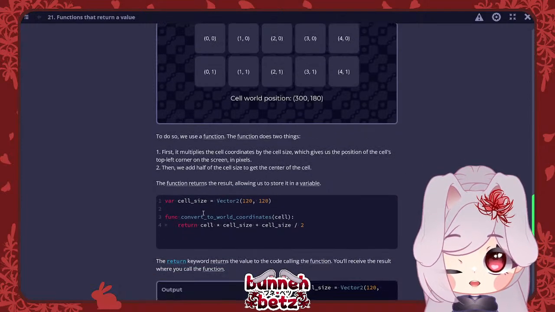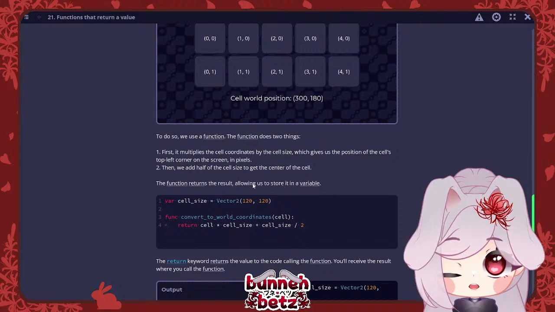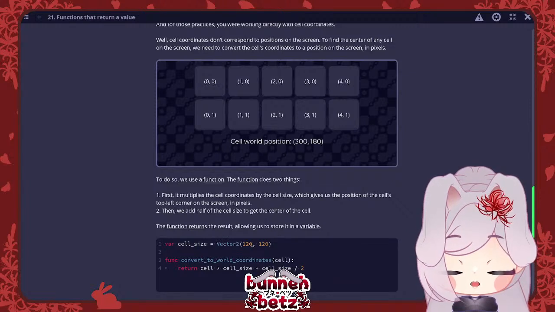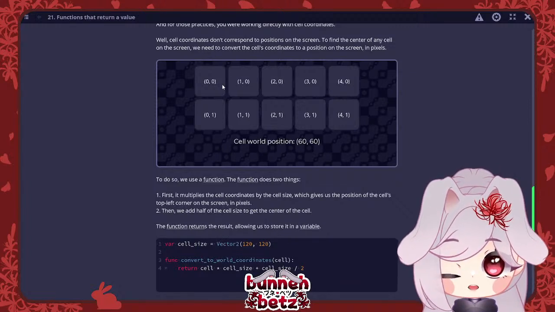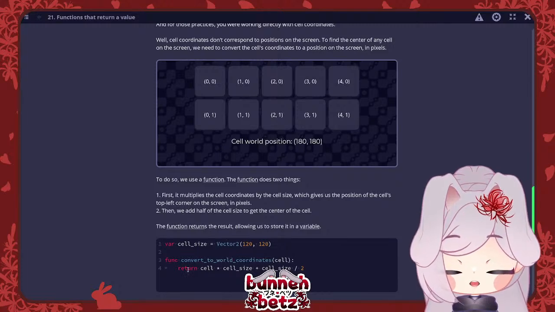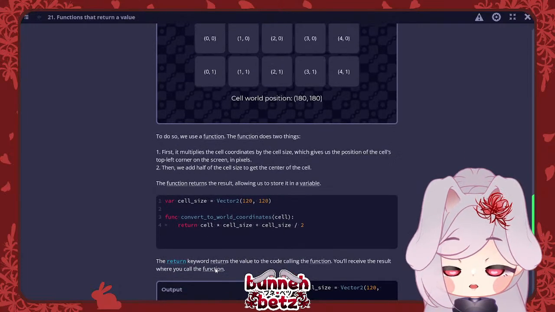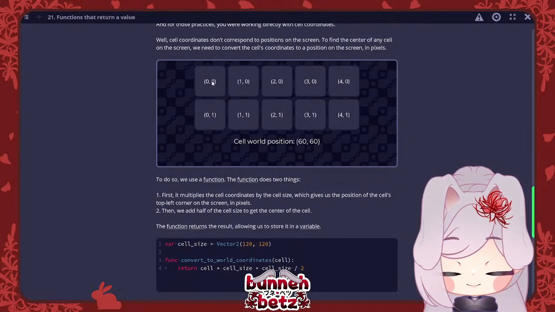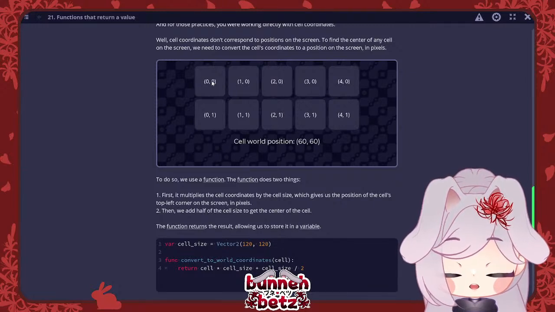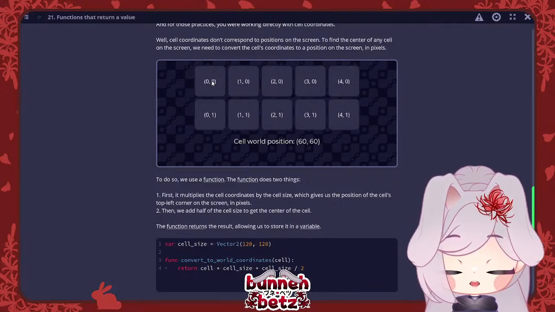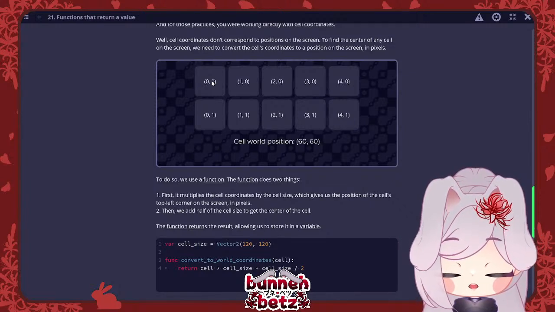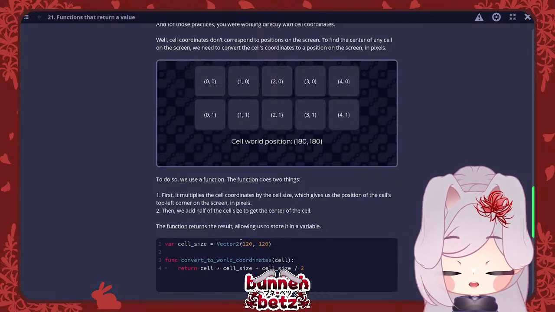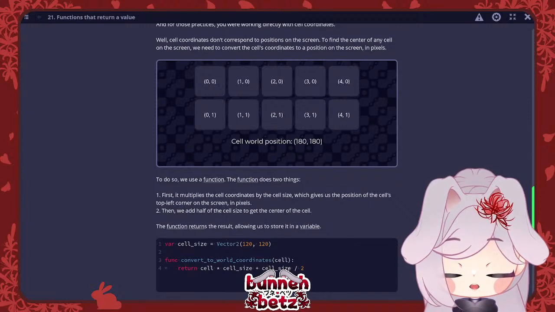Okay, that makes sense. The function returns the results, allowing us to store it in a variable. So cell size is vector 120 by 120. So this is 120 by 120. Then convert to world coordinate cell. So return cell times cell size. So this is the first cell, let's say, times cell size plus cell size. So let's say this is the first cell